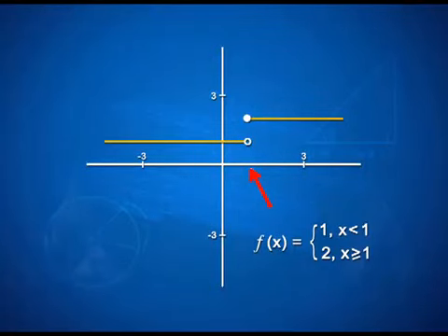Here we have a function, one of the earlier graphs. The function is defined as: when x is less than 1, f(x) is equal to 1. When x is greater than or equal to 1, it takes the value 2. Now, what this definition does is give two different heights to the function for x less than 1 and x greater than 1, and that is what causes this gap between the two graphs, and therefore